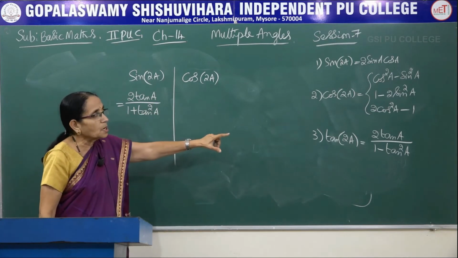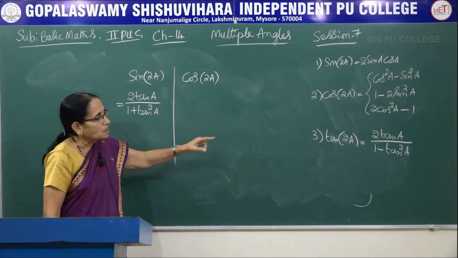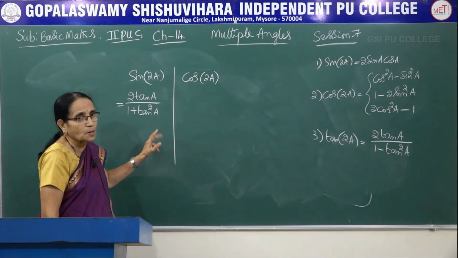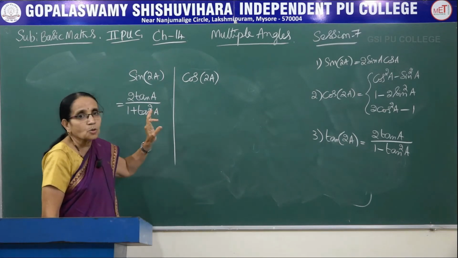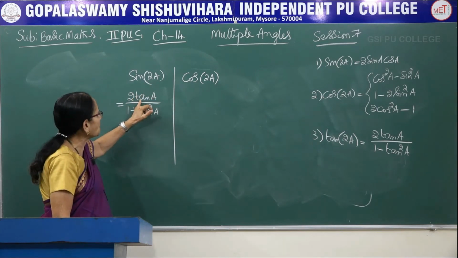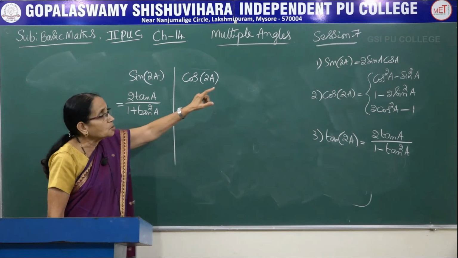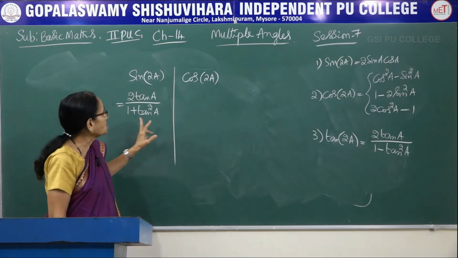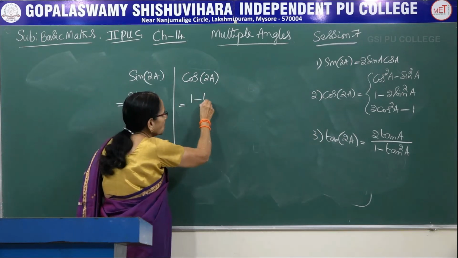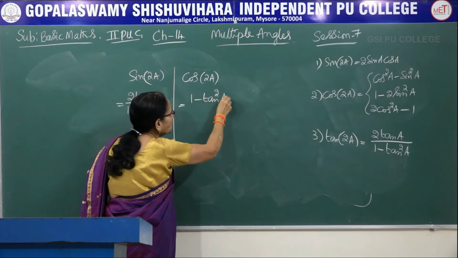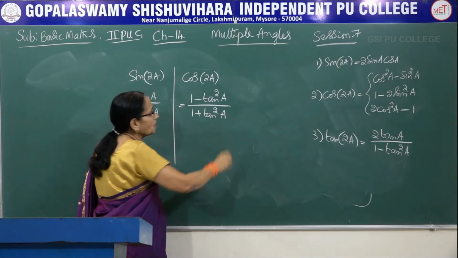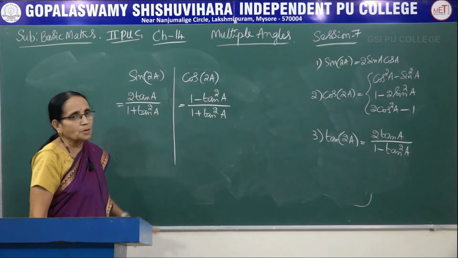Look there, tan of 2a is 2 tan a, the numerator is the same. The denominator was 1 minus tan square a. Here we have 1 plus tan square a. Don't get confused. Carefully you have to learn this formula by heart. So sin 2a can also be expressed as 2 tan a over 1 plus tan square a. That is one expansion using sin and cosine, and this is using the tan ratio. Similarly, cos of 2a can also be expressed using only the tan function, that is 1 minus tan square a over 1 plus tan square a. This is the expansion of cos of 2a.